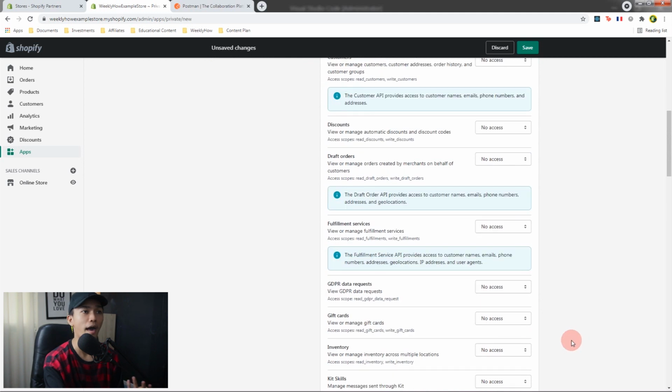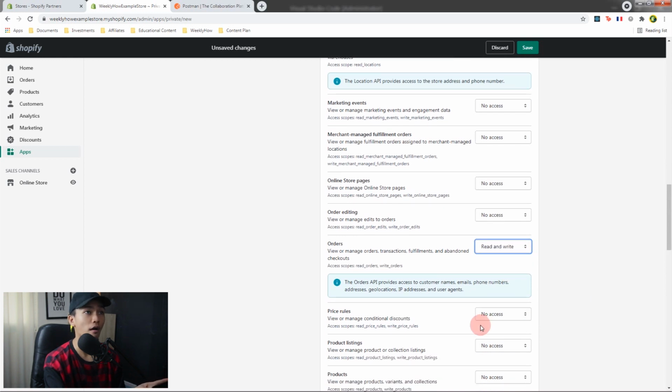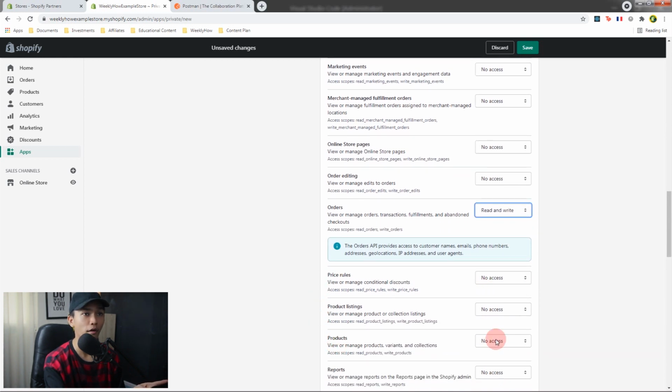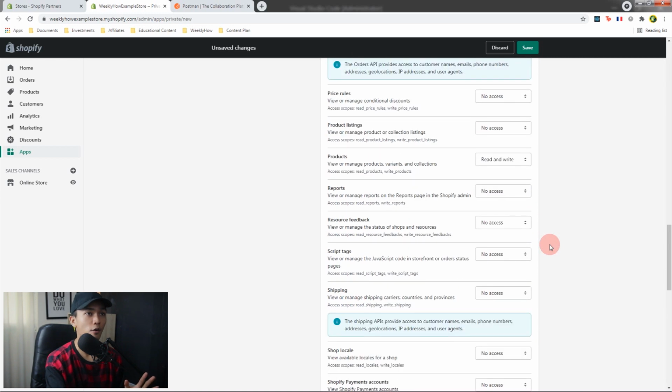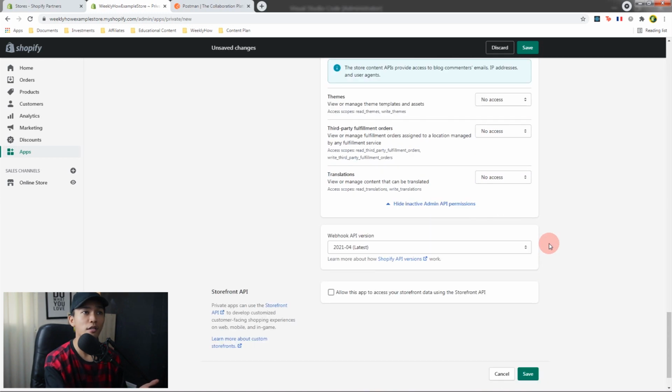So say for example, I want to access the orders as well as the products. So where is the products? So here, products, I'll change this to read and write. As well as for the orders, I'll change it to read and write. There you go. So after all of that, once you have set your access scopes, you can just scroll down